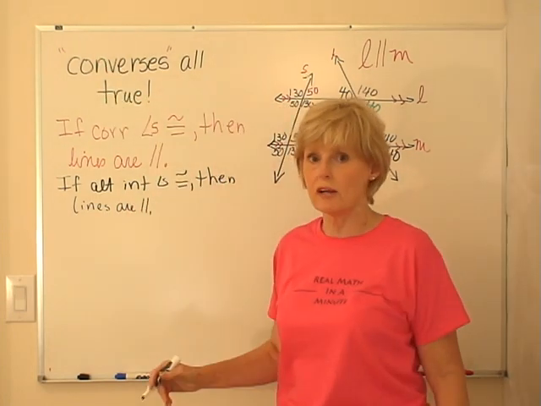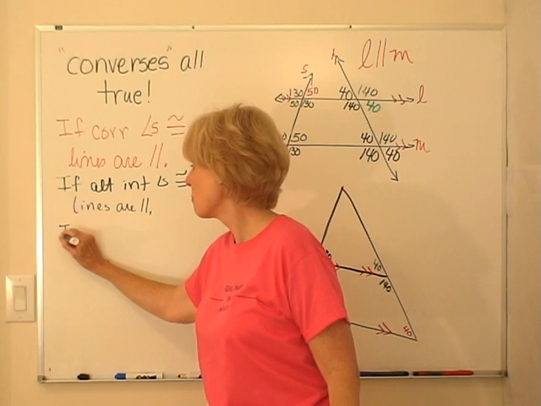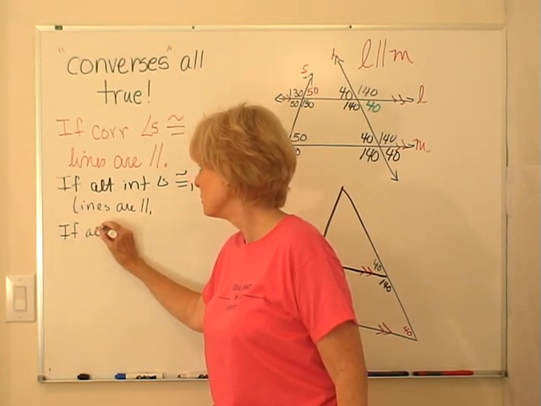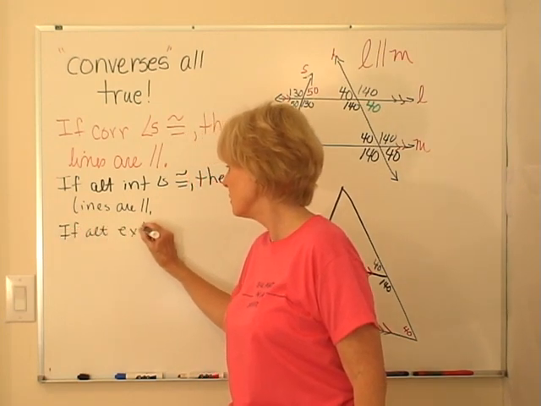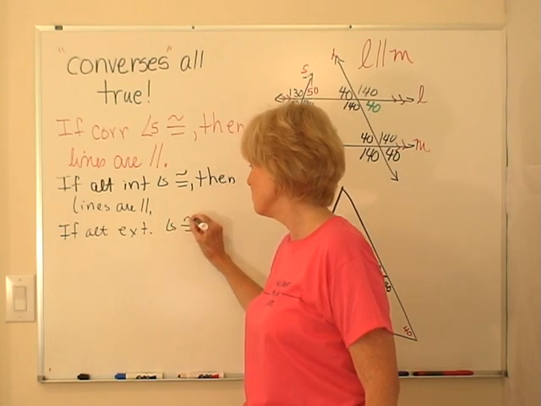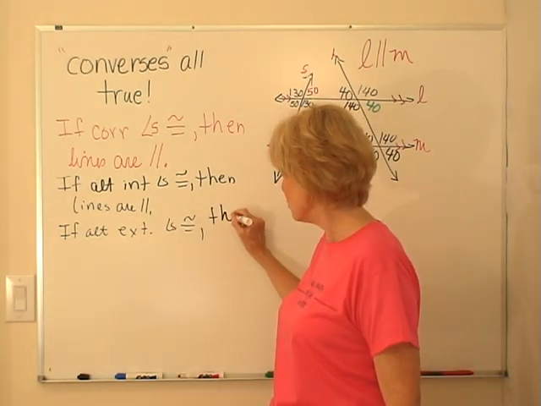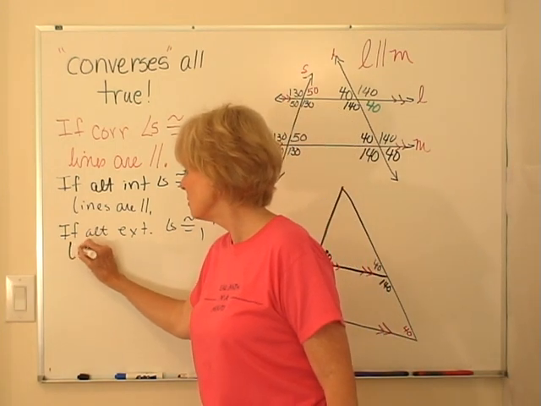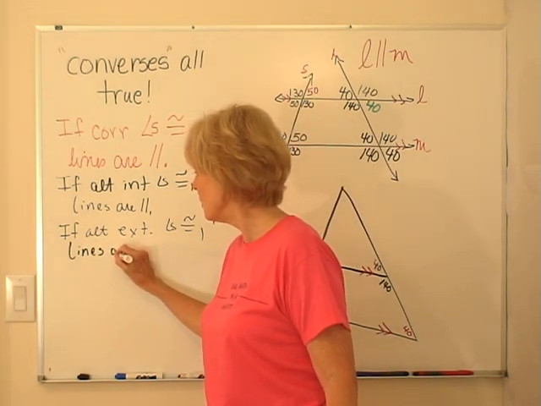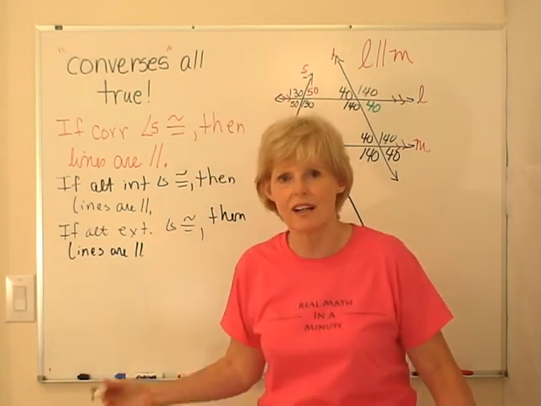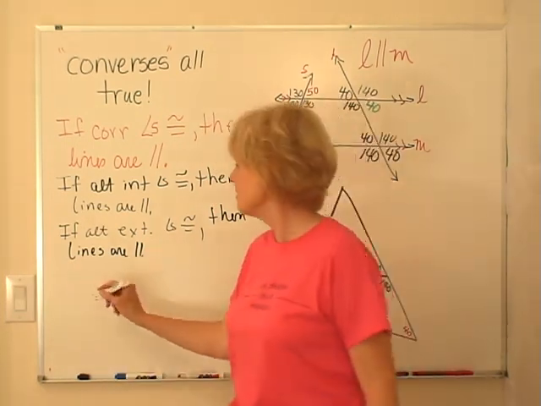Yay! The more we know, the better. If alternate exterior angles are congruent, you say it, then, and you're right, lines are parallel. So exciting, isn't it? And there's one more, and it says, if